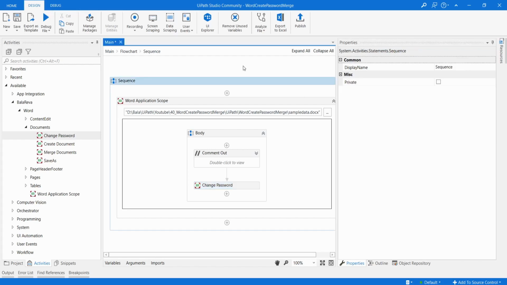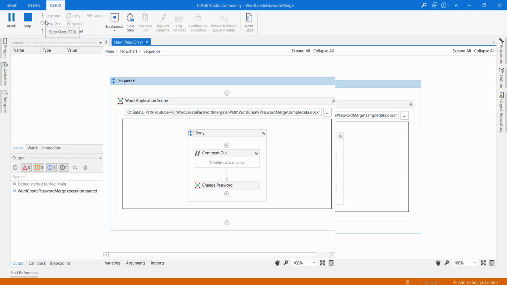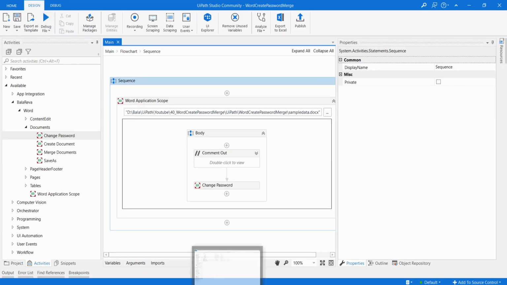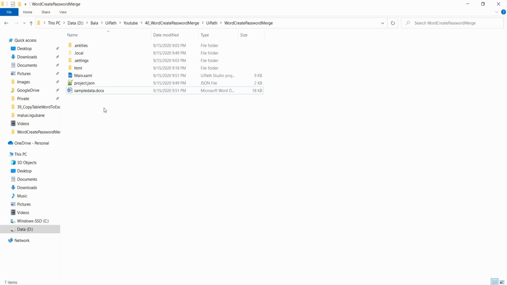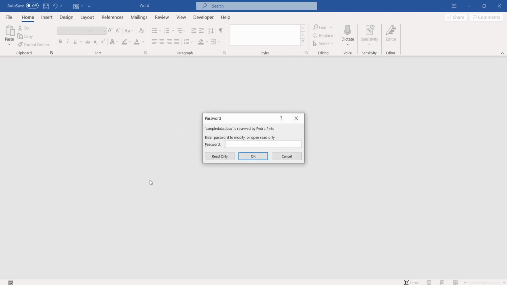Okay, I'm going to execute the process. Let us check the output. I'm going to open the document. Now it's asking for the open password. It is 12345, and the modify password is 123.